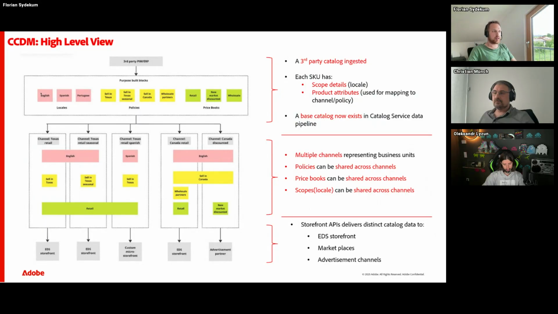And it's split up into three entities more or less. So they are locales, policies, which are kind of rules based on product attributes, and there you have different price books. And with the combination of all of them, you can then attach it to different sales channels. And this is highly flexible, very dynamic, and whenever you make changes there, this will be done in real time and visible in real time on the front end.